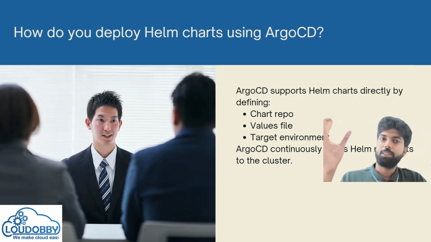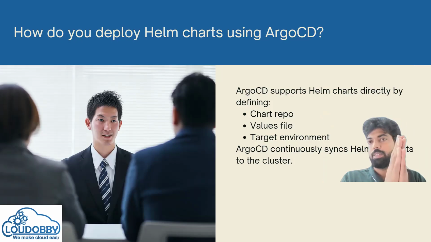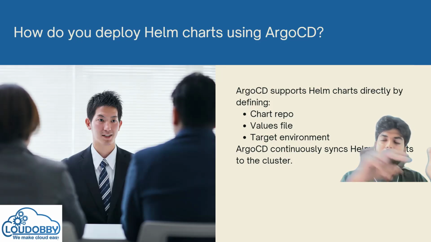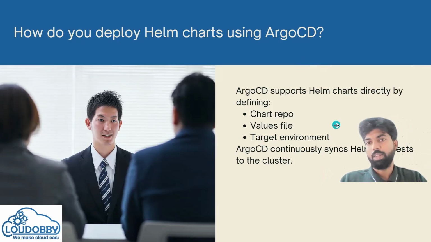So whatever you have in Git is nothing but the Helm chart, and ArgoCD is the deployment tool. In ArgoCD, you configure an application, and you give the Git repository link for ArgoCD to fetch the manifest from the Git, which is nothing but the Helm chart. Again, I'm repeating many times so that you will understand and will be able to answer well in the interview.